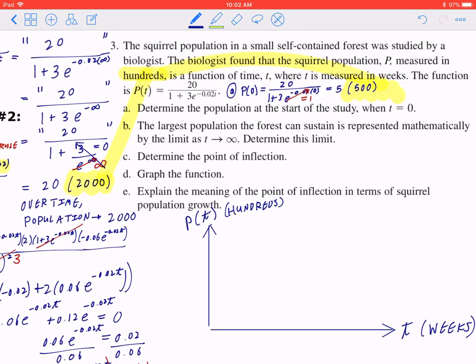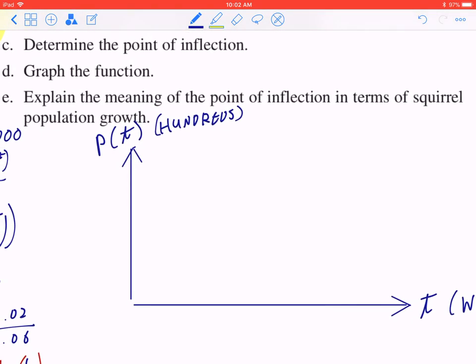Now again, if you go back to the idea of curve sketching, there's a couple of things you want to think about. For example, there's a horizontal asymptote, which we talked about in part B. As t approaches infinity, over time what happens? Well, it's going to approach 2,000 squirrels, or mathematically it's only 20. So when I set up the scale, I go up by 5: 5, 10, 15, and 20. This will help you start with the first part of this diagram. So there's this horizontal asymptote